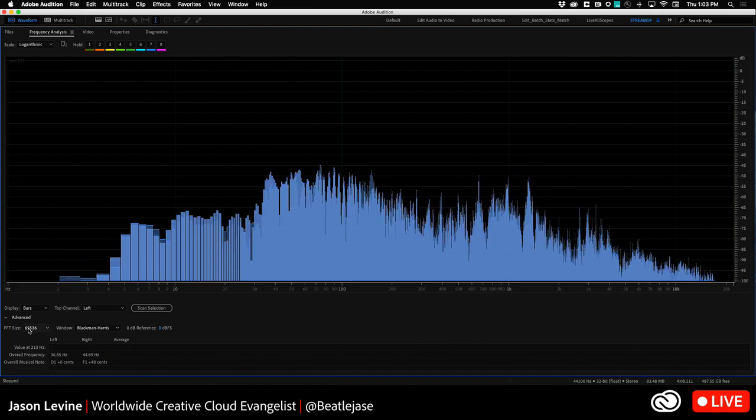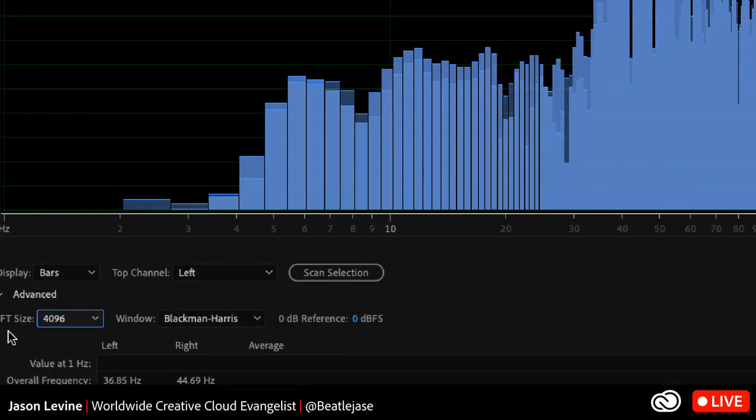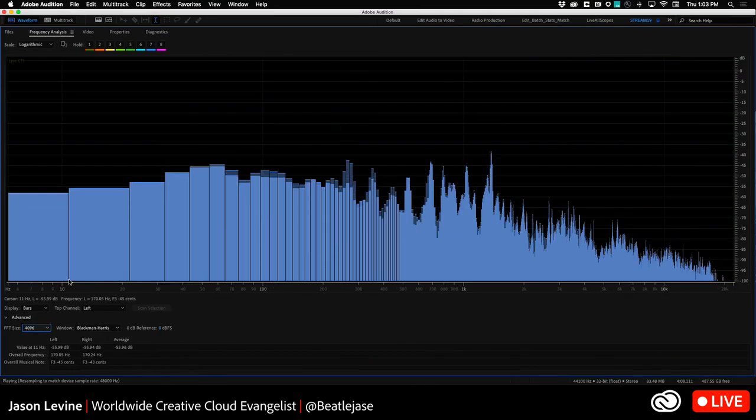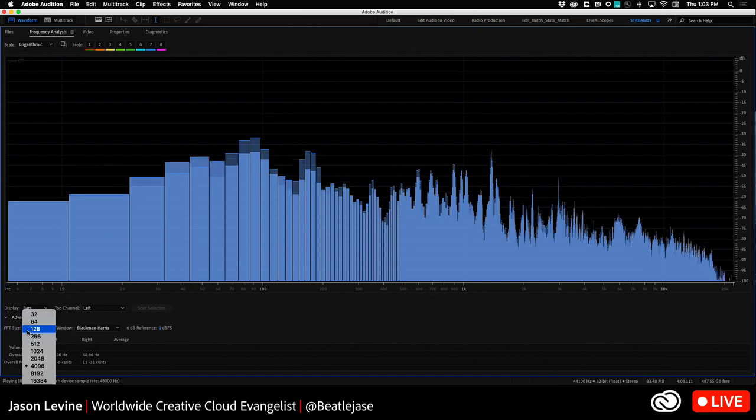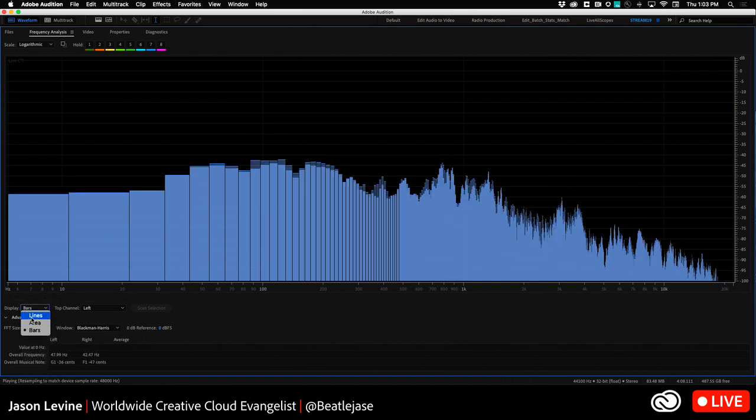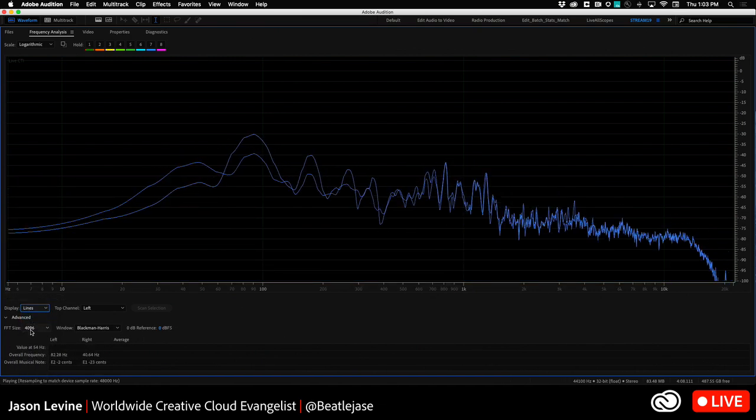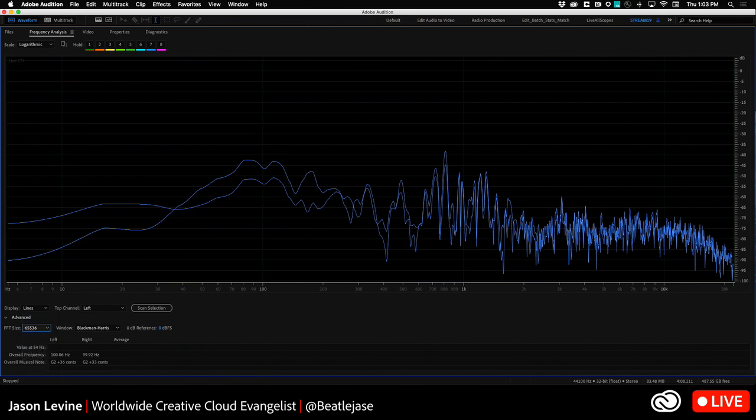So you sort of want to be somewhere in the middle, right? My personal best case works kind of nice visually, makes sense, and gives you enough detail without being too much or too little, is approximately 4096. So an FFT of 4096 looks like this. It looks like this in lines, which is what I typically work in. And again, if we were to go back to that 65,000,